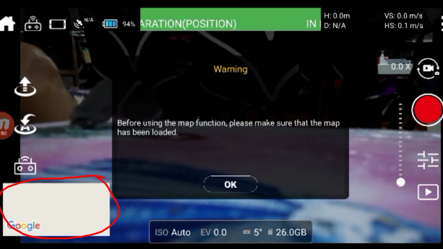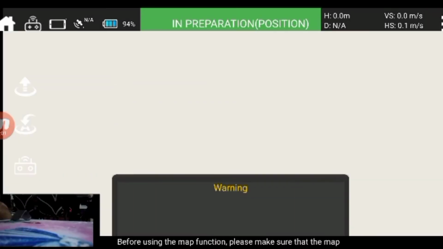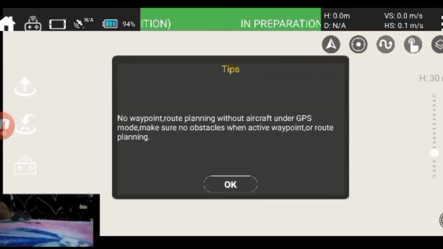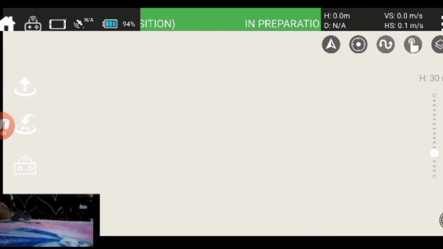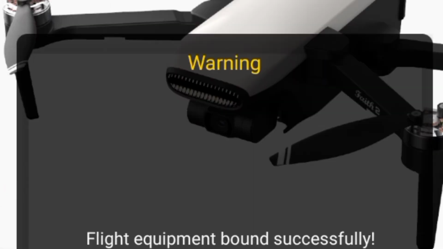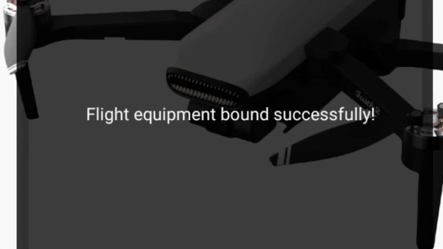Or if you have data, you can just, no waypoint. Oh, okay. So, okay, home. Oops, I'm sorry.